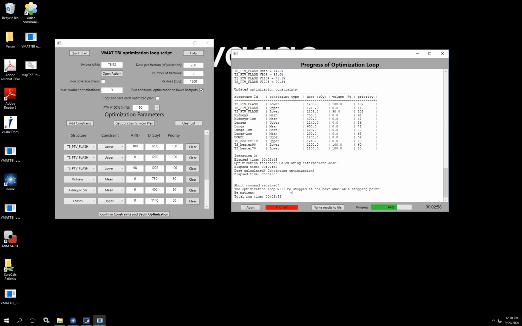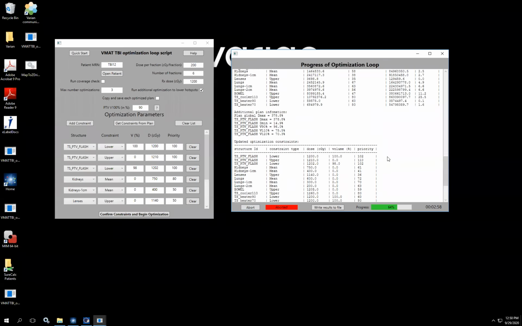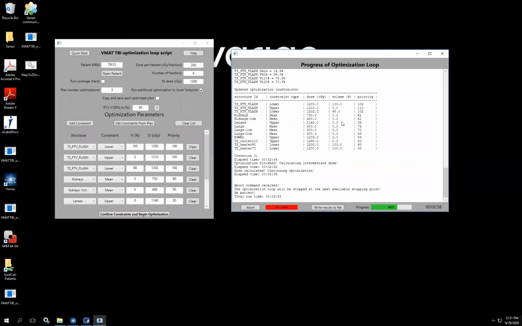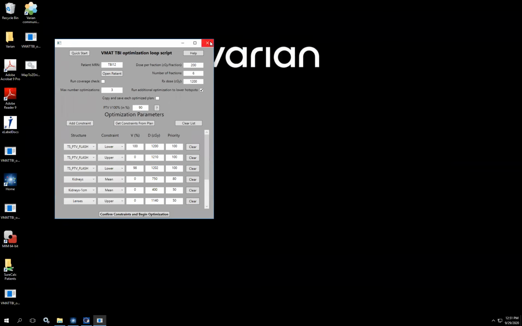So that's just something to note when you hit the abort button. It may take a little bit of time for it to actually stop. So in this case, I feel like you guys get the idea of what's going on. It's just going to tell you what's going on every step of the way. So if we go ahead and close this,